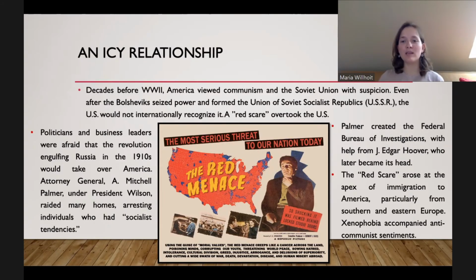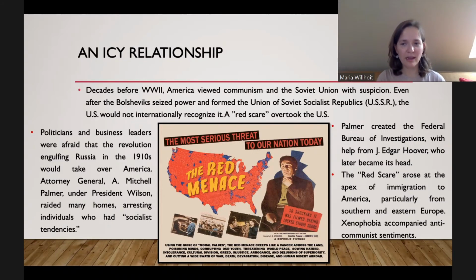It's anyone whom they were suspicious were pro-communist, or might be pro-Soviet Union, or might even just be pro-labor unions or pro-socialism, not even full communism. There was just this great threat that if you had any little bit of communist sentiment in America, then it was going to overtake the entire country. And this is the start of our Cold War, really, here.